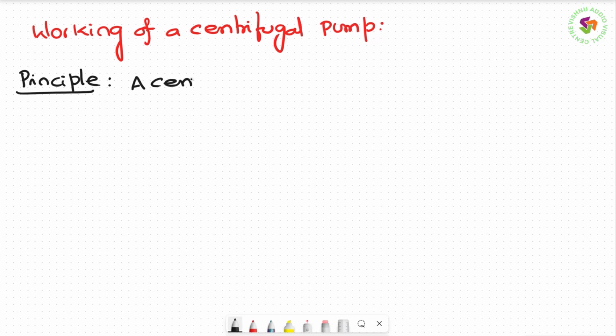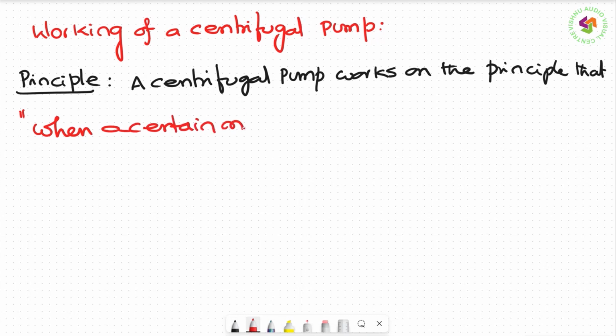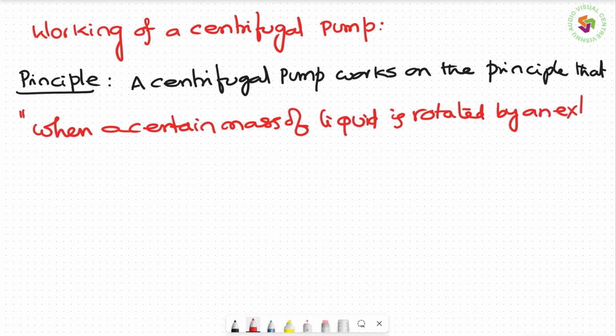A centrifugal pump works on the principle that when a certain mass of liquid is rotated by an external source,